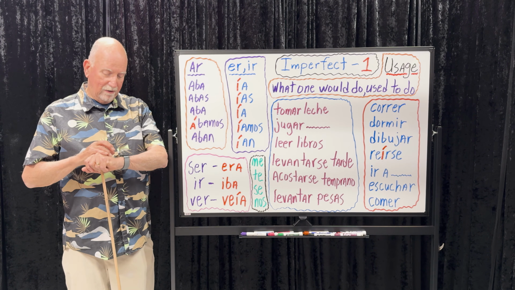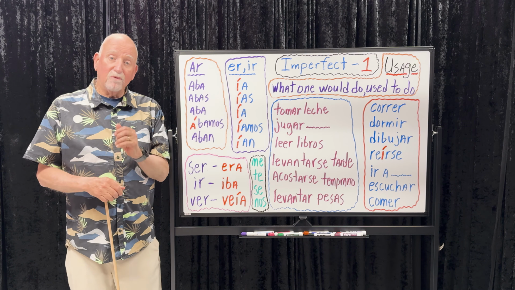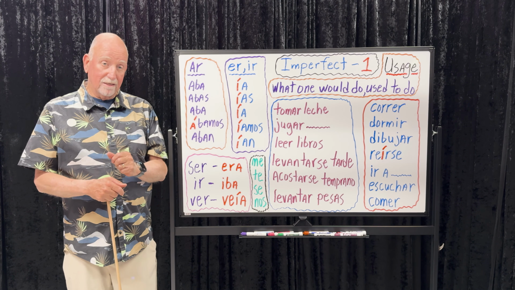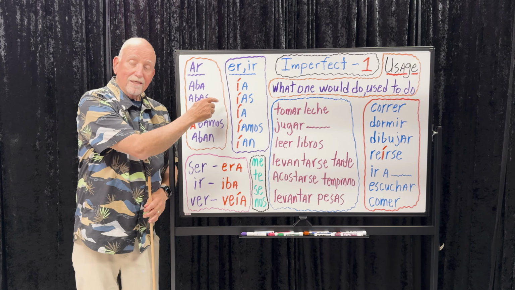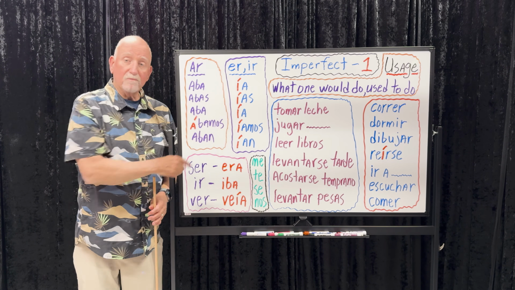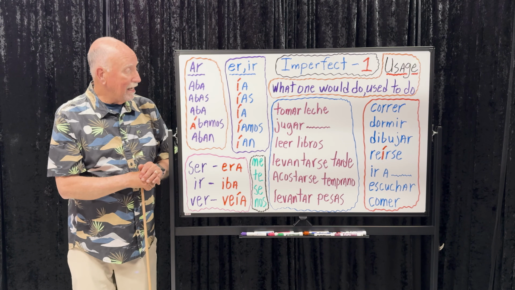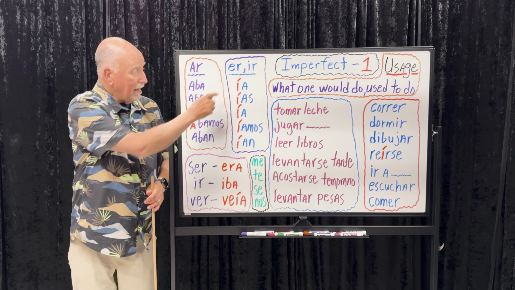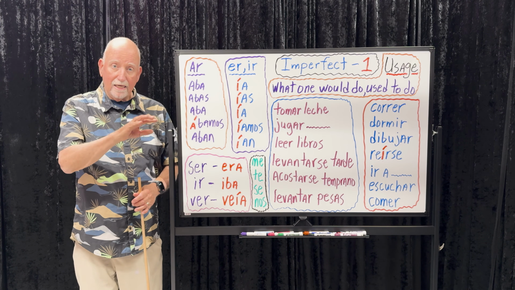Make sure we're recording here. Yes, we are. Okay, the reason we have an accent mark is, yes, we're going to break up the diphthong. Ía, ía, ía, ía. That IA is ía, all the way through.